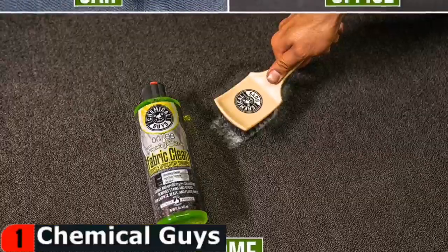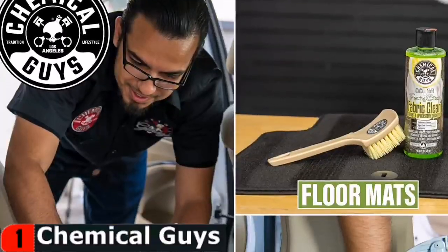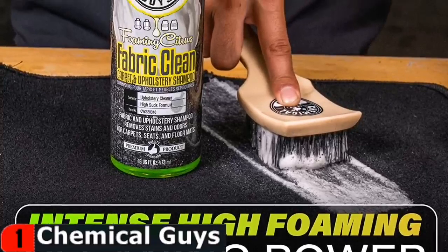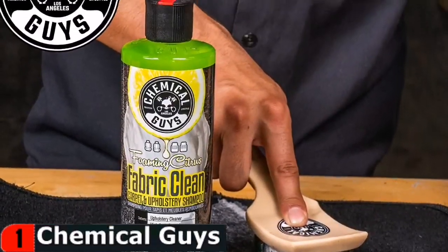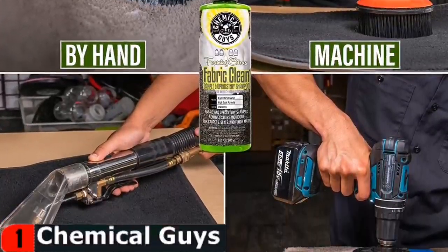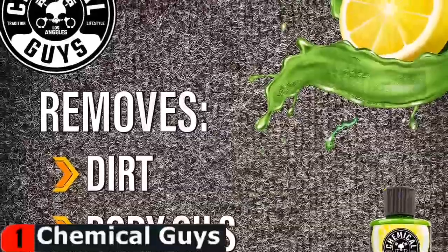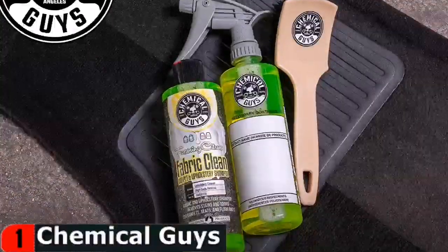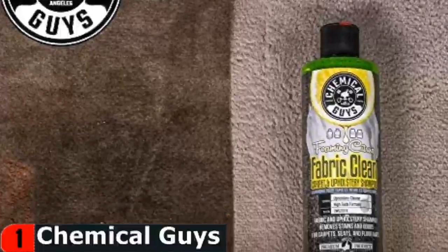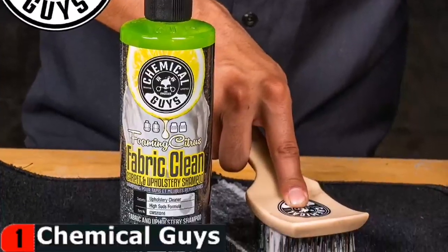With patented enzymes that target odor-causing microbes, this carpet shampoo also removes odors and leaves a pleasant citrus scent behind. In a separate spray bottle, dilute the concentrated cleaner with water and lightly mist surfaces before scrubbing with a brush or microfiber cloth. It is formulated with the most advanced cleaners and protectants. Fabric Clean combines a superior biodegradable degreaser with an enzymatic odor eliminator for immediate odor control and long-lasting deep cleaning benefits of biotechnology. Naturally occurring microbes in Fabric Clean degrade the organic compounds that cause odor, eradicating them completely, leaving